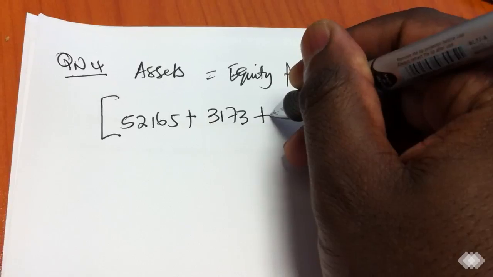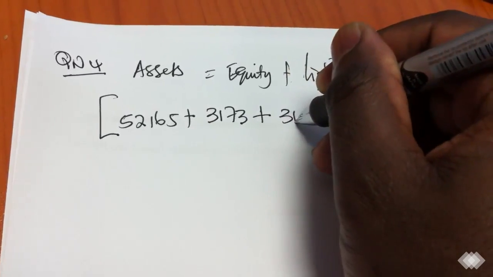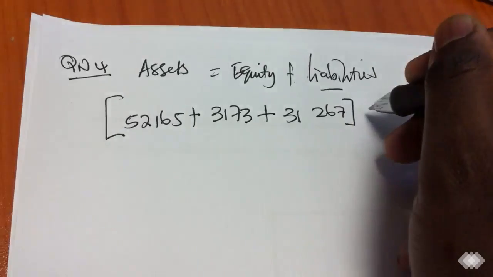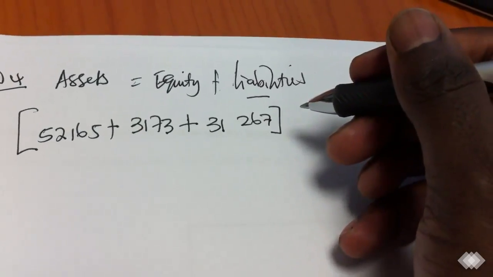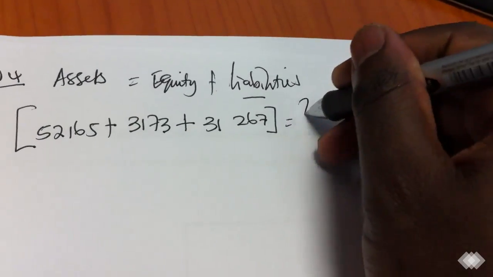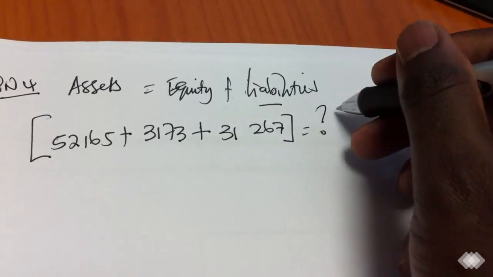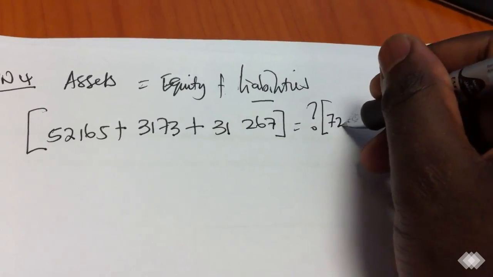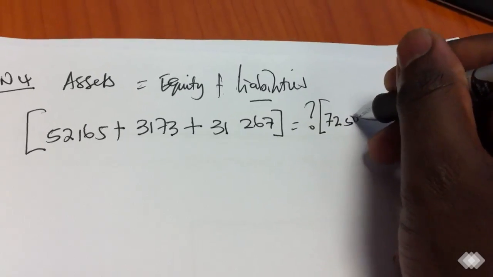You have your trade receivables as 31267. Those are your assets, equal to, you're looking for equity, but you have a tentative opening balance of 272506